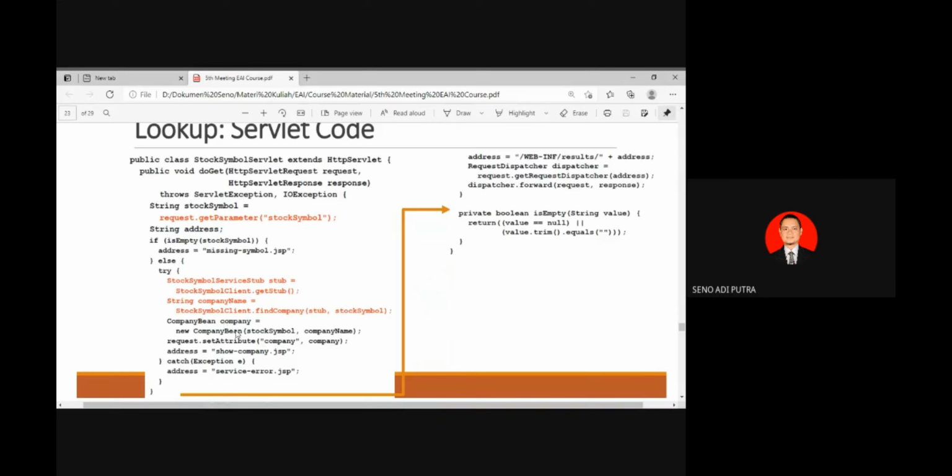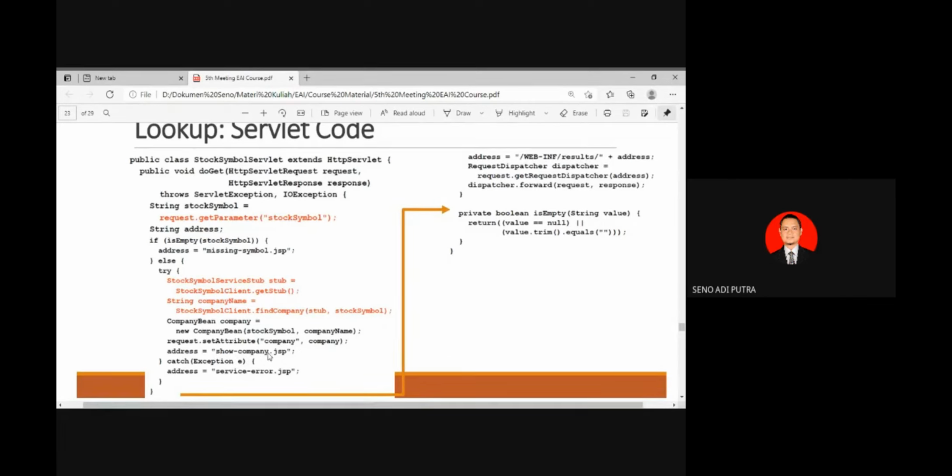And then the result is put in the bean, the company bean. Then you call request.setAttribute with company, and redirect to which page will display the company. The address is show company.jsp.